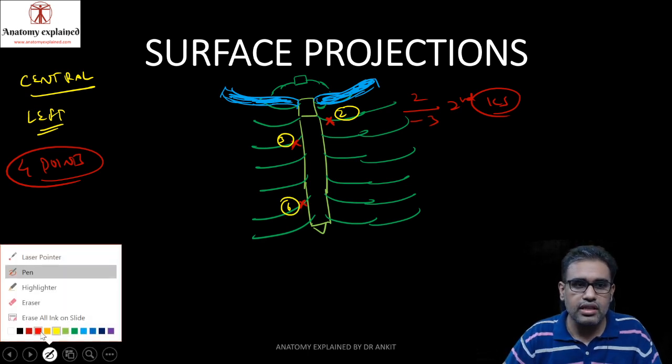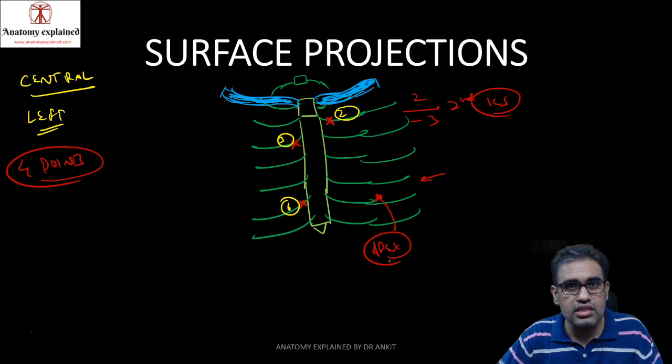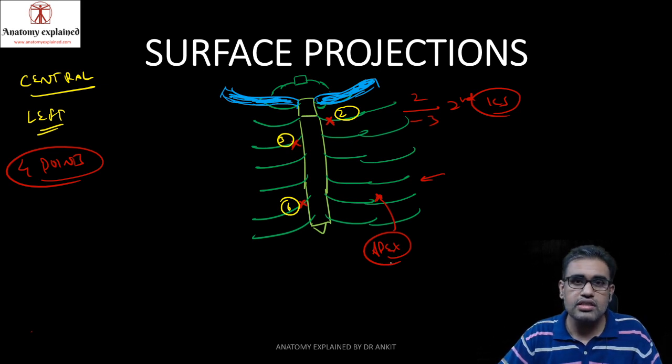And there's one more point, and that point is lying at the apex of the heart, where you feel the heartbeats. It is present in the fifth intercostal space. So this space is actually the fifth intercostal space, just medial to the mid-clavicle line. So somewhere over here we have the fourth point, close to the apex of the heart. It is at the fifth intercostal space, around 9.5 to 10 centimeters from the midline, the mid-sternal line, or you can say just medial to the mid-clavicle line. So these are your 4 points. This one is lying at the fifth ICS, fifth intercostal space.